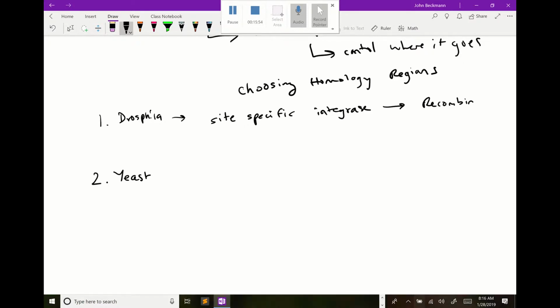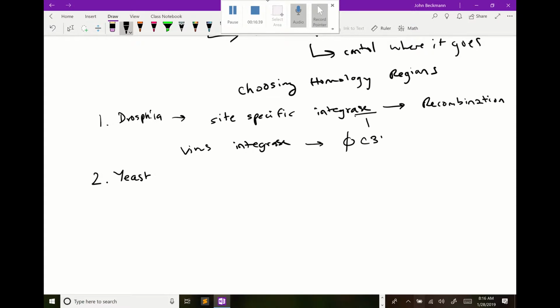So what's an integrase? Enzyme. It's an enzyme because it's an -ase. What would you think it does? Integrates genes into the genome. Yes, exactly. It integrates genes into the genome. Where would you find a wild integrase? What organisms want to integrate their DNA into a genome? Viruses. Exactly. So what we've done in Drosophila is we've taken a virus integrase. So viruses often want to make their own genomes and they want to integrate those into the host genome. So we've taken a virus integrase, which is called